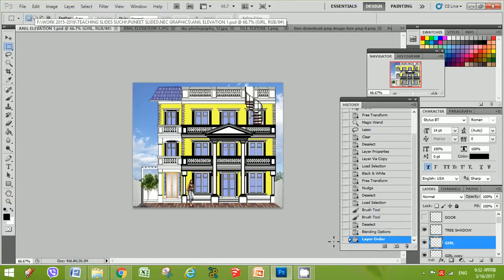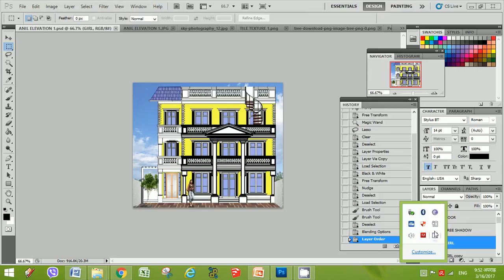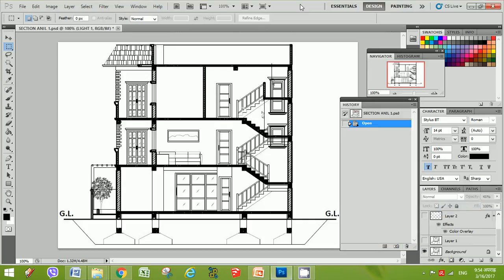Now, after this is completed, let's open a section of any of the same drawing that we're doing. Now let's come back to the section rendering. Obtain an image of the section just like the one shown on the screen. Once you've selected this image,